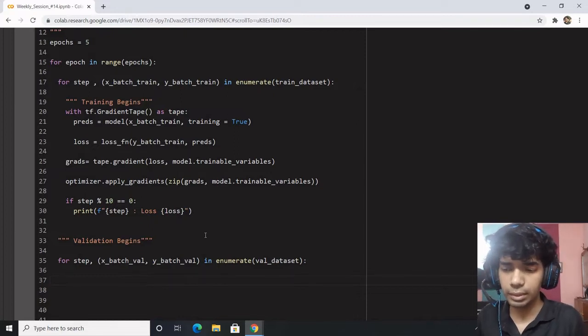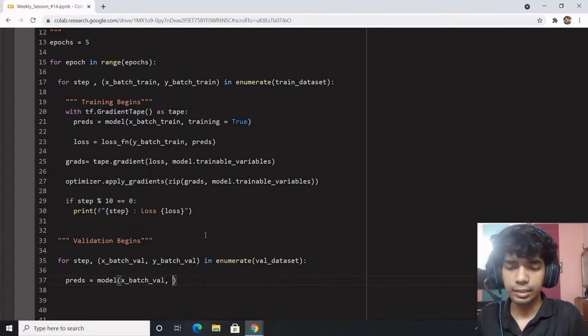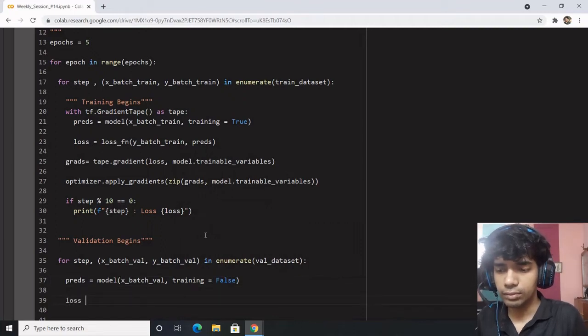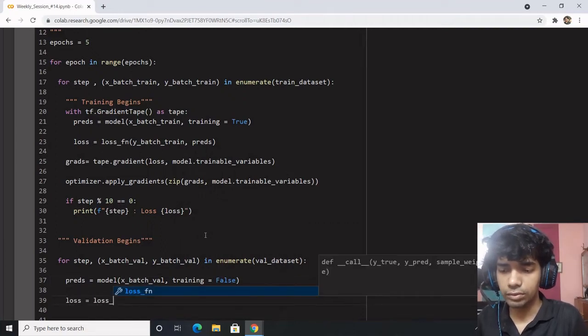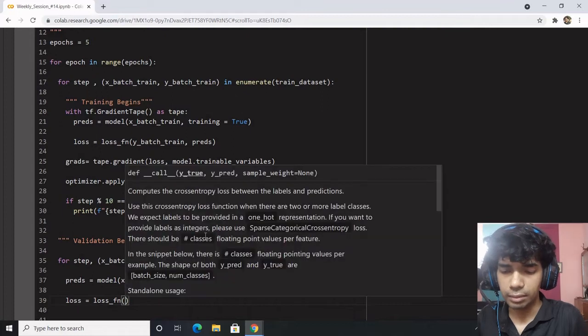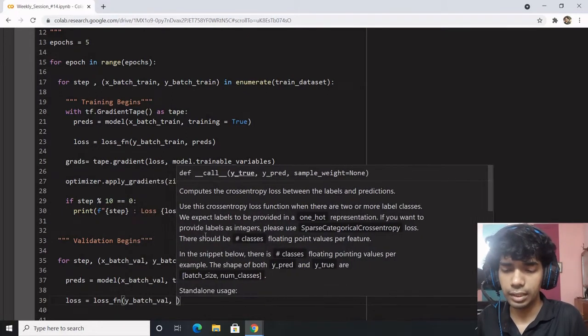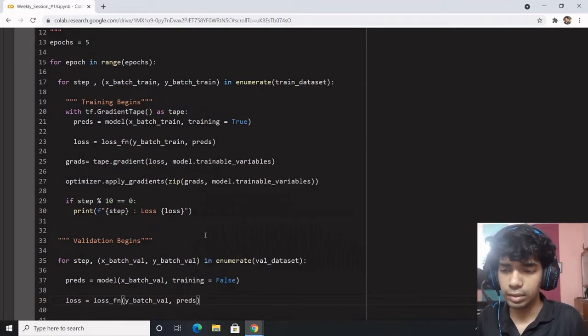So what we're going to do is obtain the predictions, wherein we pass the data and set training equal to false, and get the loss value with the help of the loss function, passing in y_batch_val as the actual value, and the predictions.